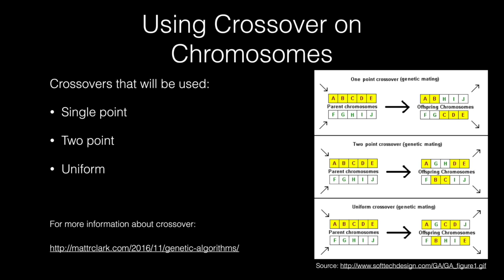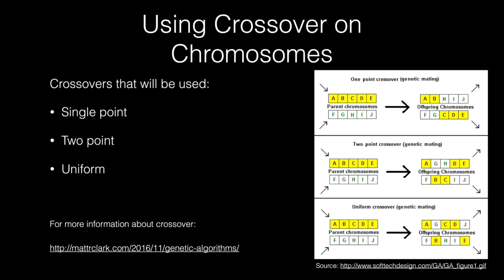So genetic algorithms require crossover to be able to converge onto an optimum solution. So why don't we do that with our current chromosomes? We'll be using these types of crossover in the implementation: single point, 2-point crossover, and uniform crossover. But this slide is here just for a quick reminder for those who don't remember how the different types